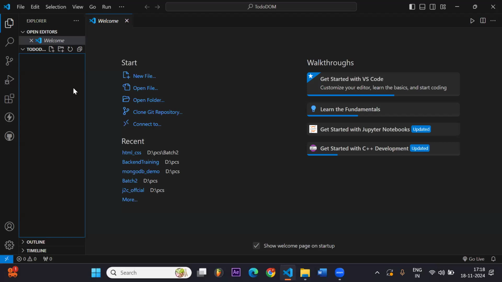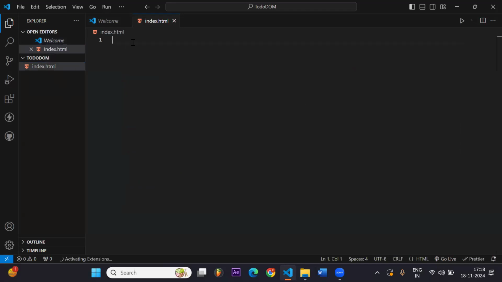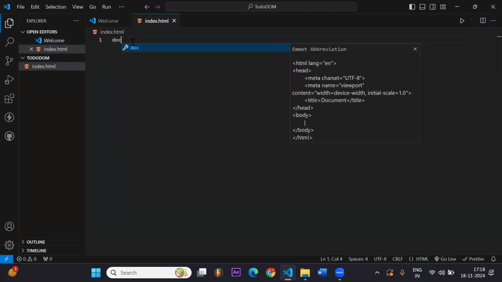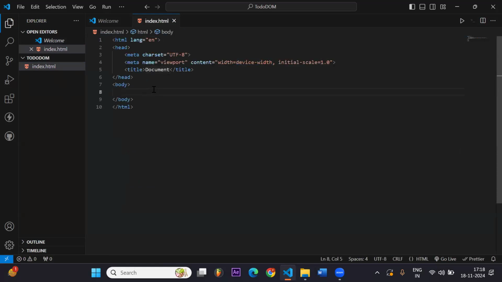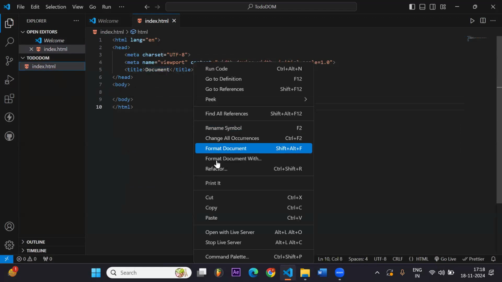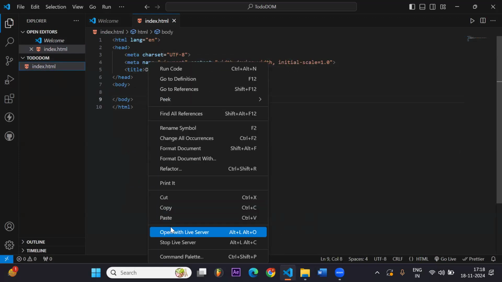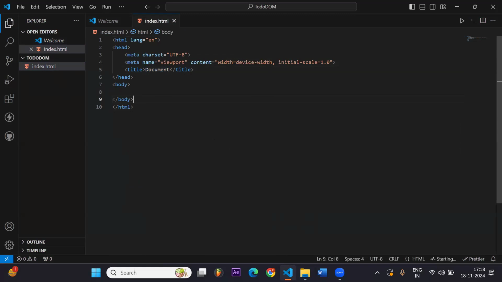So this is a completely new project, you can say. The first thing I need to do is make an HTML file, and when we write doc, we get a default boilerplate of HTML. I can name this. Okay, first of all, I will open it in live server. Yeah, so I will name it to-do list,